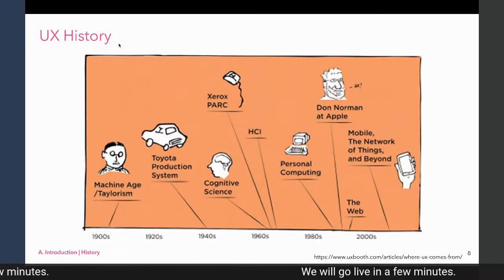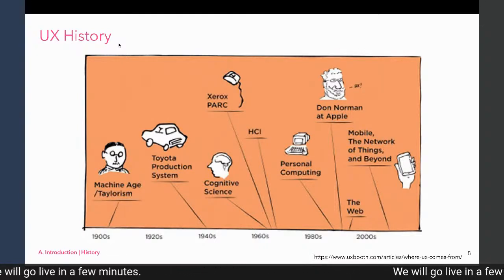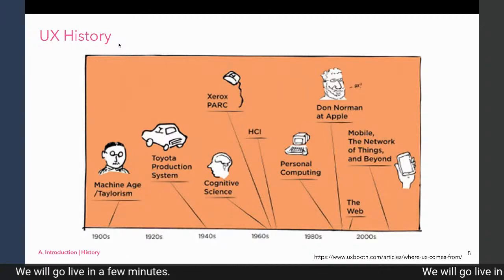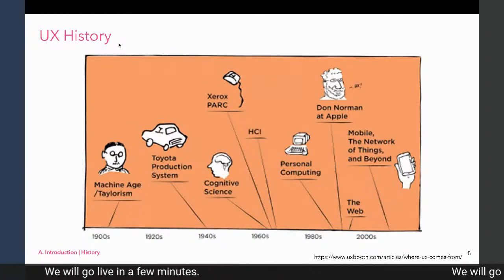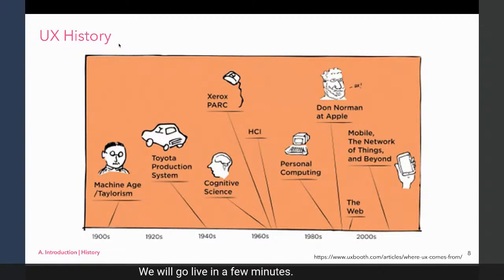Just to give you a bit of history, it started with machine taylorism, and then Toyota created the system where they produced more cars, and then cognitive science and human computer interaction came also, and the birth of personal computing. And that is where Don Norman coined the term user experience, and then the birth of the web as well, and the transition from desktop to the mobile devices that we use now. You can see more from the link at the bottom right.